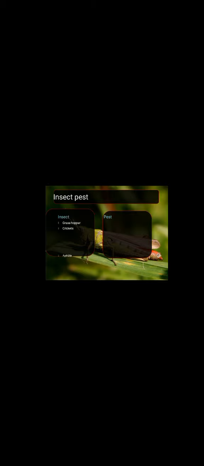Now we'll talk about insect pests, which types of insects are found in wheat. The first is grasshopper, the second is crickets, the next is aphid, and the next is armyworm, which is also a dangerous insect. It rapidly replicates itself and damages the production of wheat. So it should be controlled as early as possible. The last is white ants, and the diseases are rust of wheat and smut of wheat.